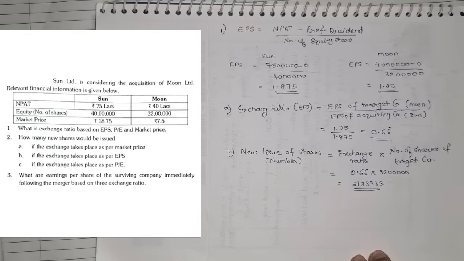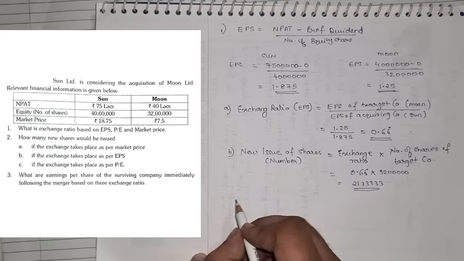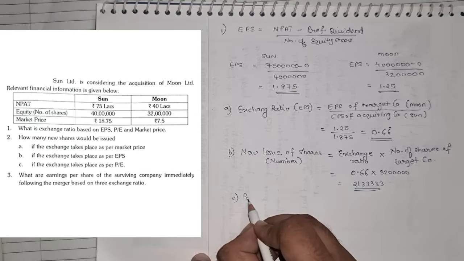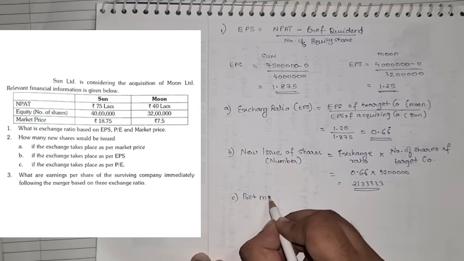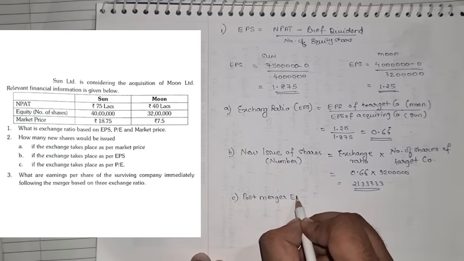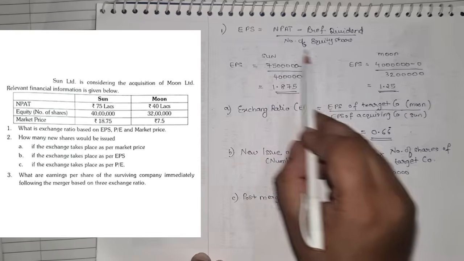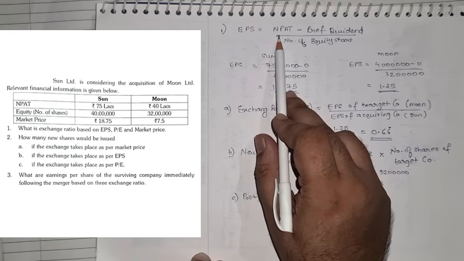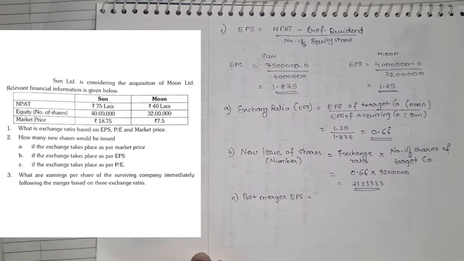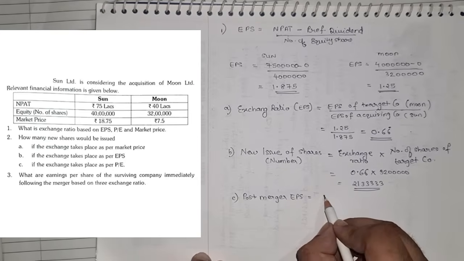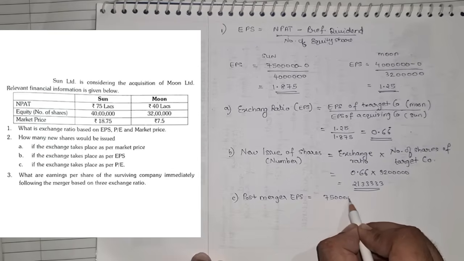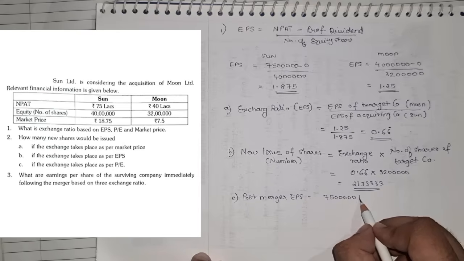And now lastly, once we get this value, we need to find the third part of the question. What are the earnings after the merger? So we need to find post merger EPS. Again, the formula will be the same. The only thing now, in order to find the net profit after tax, we'll have to merge both the companies' net profit. So it was 75 lakh plus 40 lakhs. So here it will become 75 lakhs plus 40 lakhs